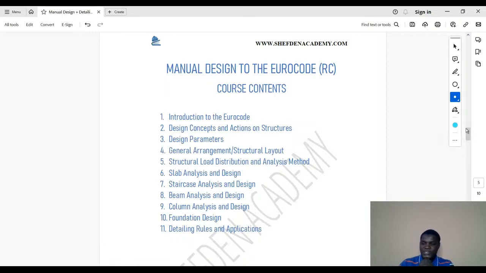Then the third part is the detailing part. You say manual design plus detailing. So if you look at these two course contents very well, you see what we are dealing with majorly there is